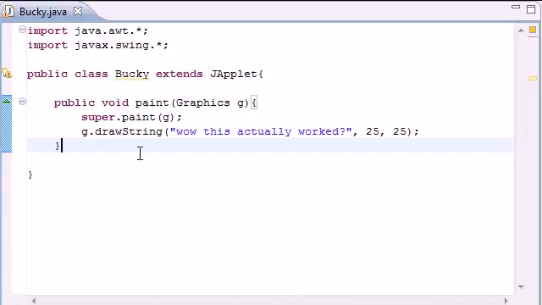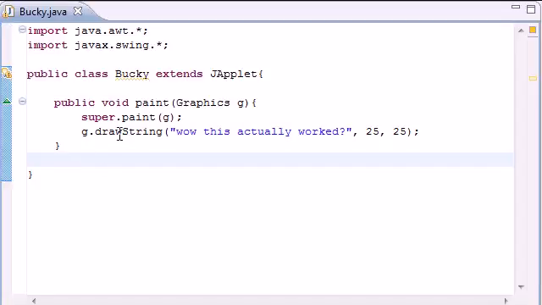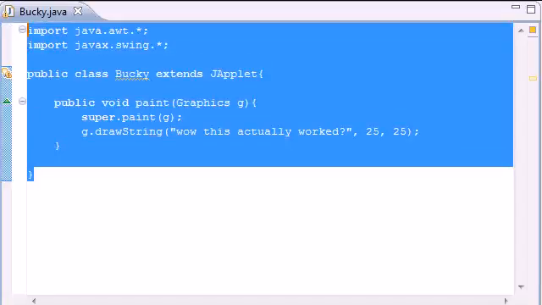So the very first thing that you want to do is, if you're using Eclipse, and I assume you are, instead of just coding it right in here, what we need to do is we actually need to get the class file for